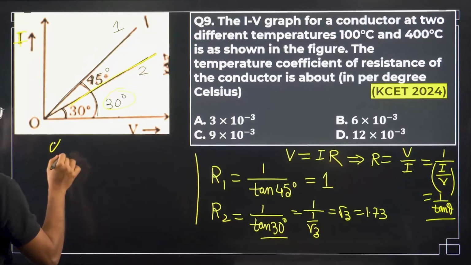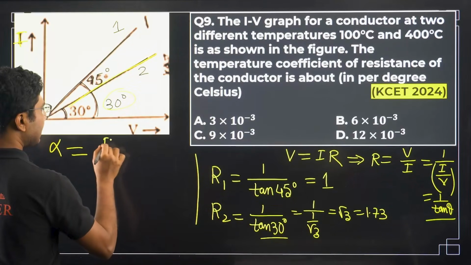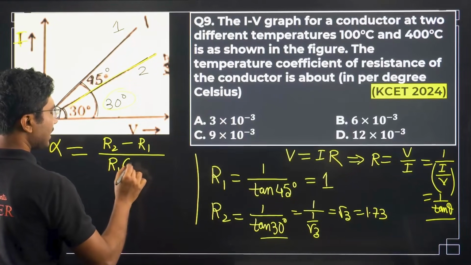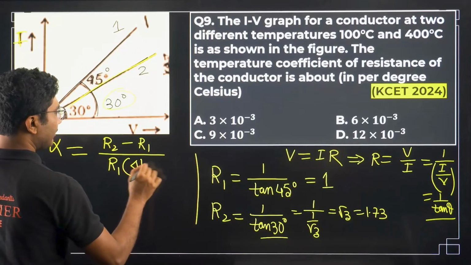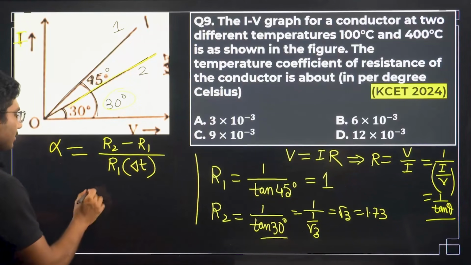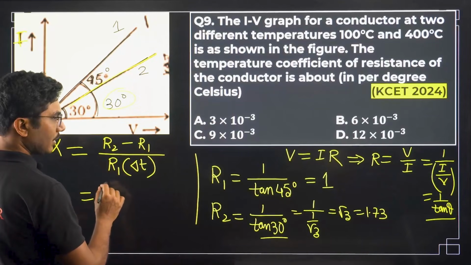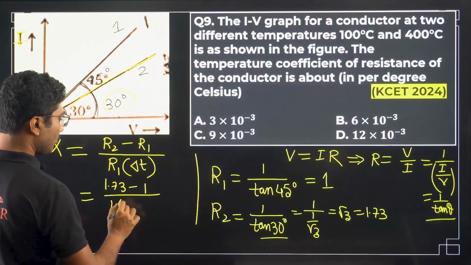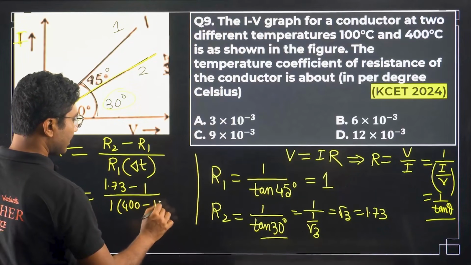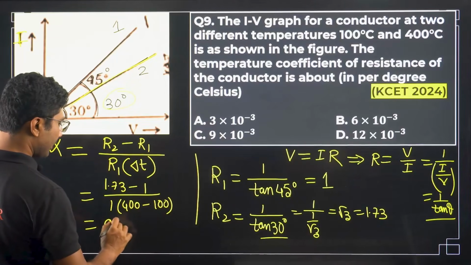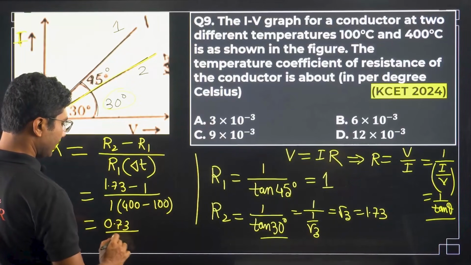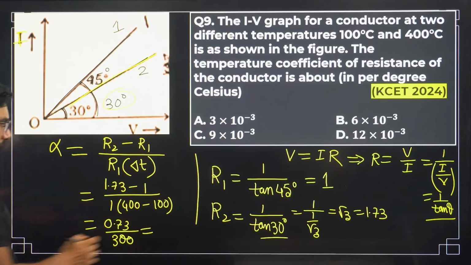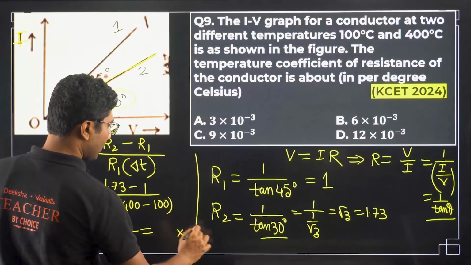The temperature coefficient formula we know: alpha equals the difference in the resistance, R2 minus R1, divided by the smaller resistance into the difference in the temperature. This is called the temperature coefficient, right? So R2 is 1.73 minus 1, divided by 1 into 400 minus 100, that is 0.73 divided by 300, which will be, let me calculate, 10 to the power of minus 3,